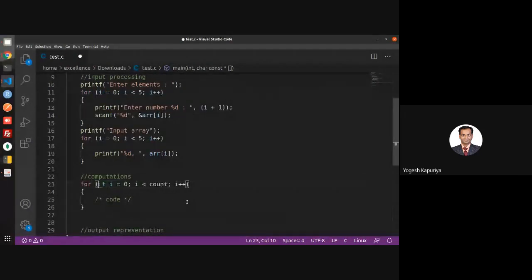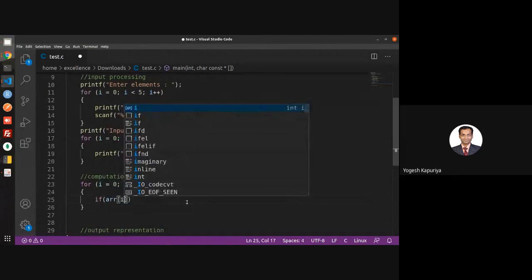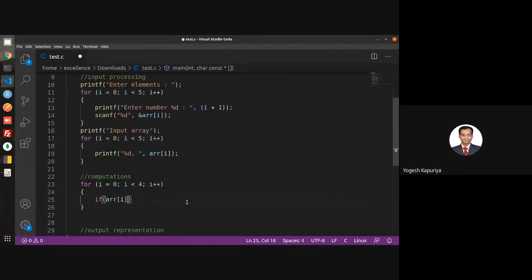Let us say your index is starting with 0. If there are 5 numbers, you want to perform 4 comparisons. So instead of i less than 5, you will start with i less than 4. And then you will compare if A of i is greater than A of j.